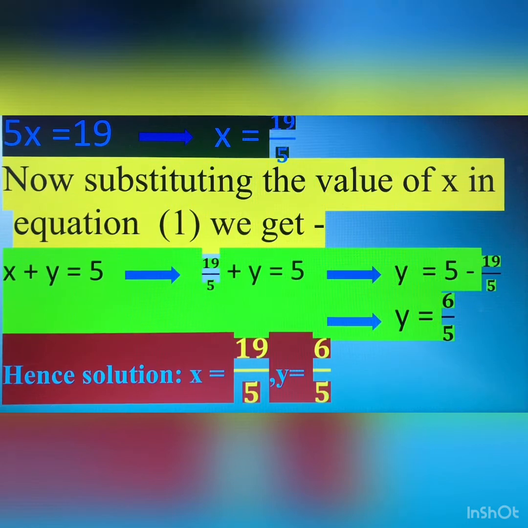So dear, these are the steps of elimination method. So what's the important point? You make the coefficient of x, otherwise y, the same and then add or subtract. You will get the value of one variable, and after getting the value of one variable you substitute in any one equation, that is the original equation. So dear, moving to the next one,